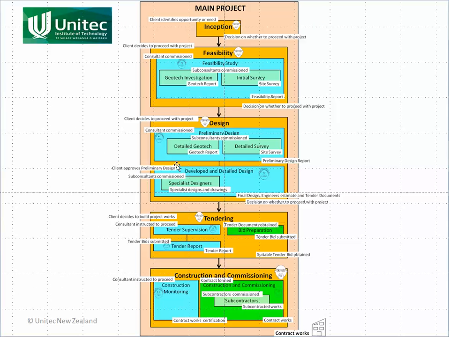The last thing I want you to remember about projects is that a big project is usually composed of a whole lot of smaller projects. So the processes we're talking about are the processes that go on for every one of these projects. Remember, there's the main project, which is the client's big project. Within that there'll be consultants' projects, there will be contractors' projects. They all string together to form the main project. So in the next slide cast, we're going to look at the process that we undertake in every one of these little sub-projects.